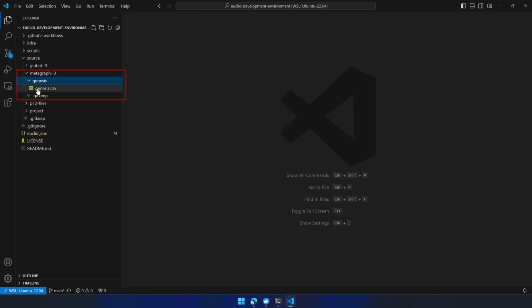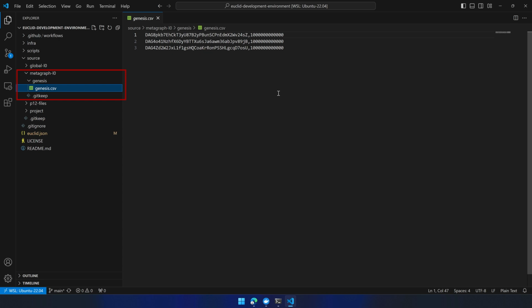Then you have the Metagraph L0 folder, which also contains a Genesis CSV file. This is where you determine the initial balances of wallets for your metagraph currency. You can see there is a placeholder of 3 wallets where each wallet gets 10,000 tokens when your metagraph genesis is started. When deploying your metagraph, it's important to configure this correctly and set the balances to the initial supply